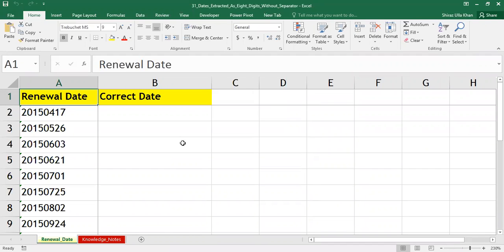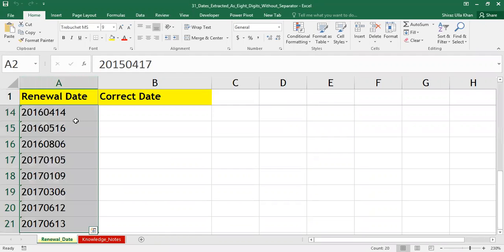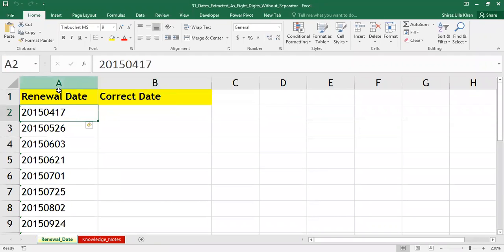This is a continuation example of using the text to column utility, but a very powerful example. Now in this example, people, if you see my sheet here, I have one sheet called renewal dates. Okay, and if you see in column A, I have some dates here. And if you see this now, the heading of this is renewal date. Let's say, just for the sake of discussion, I remove this heading. And then if I ask you, can you read this? So most of us, when we see this data in these cells, we will read this as numbers. Okay. So people, ideally, these are dates.